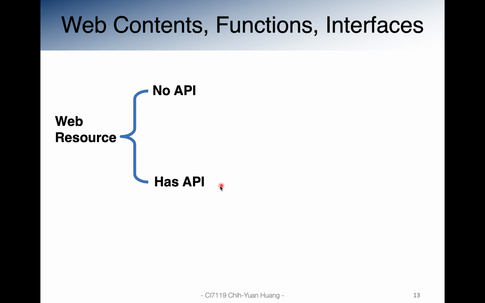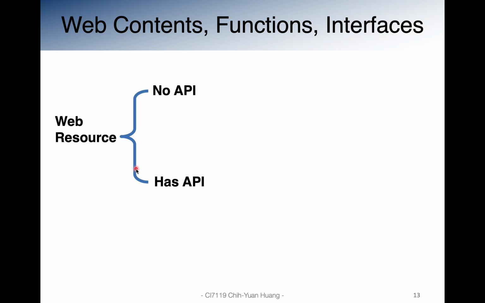So when you are going to create a Mashup application, the first thing that you should do is to find out whether that resource has an API or not. If there's no API, then it's more difficult to utilize the information from